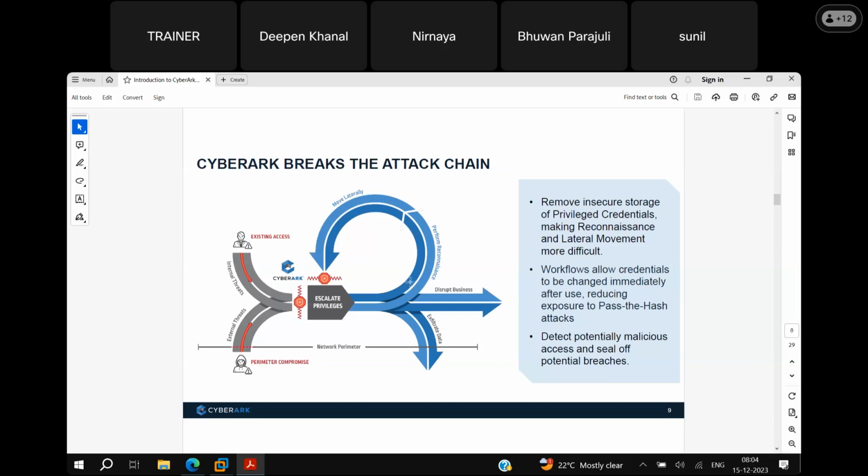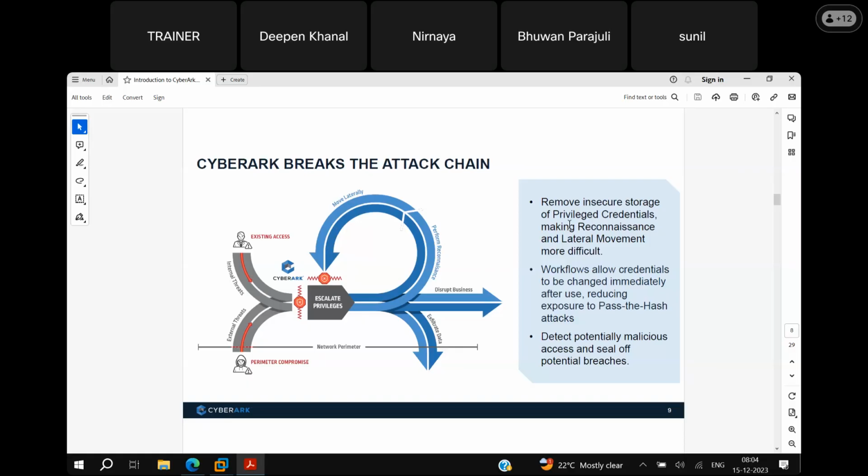Even if they gain control, it does not allow them to escalate the privileges. It is very easy to show in the diagram, but as we discuss the product more, we will come to know which component is responsible for what action.